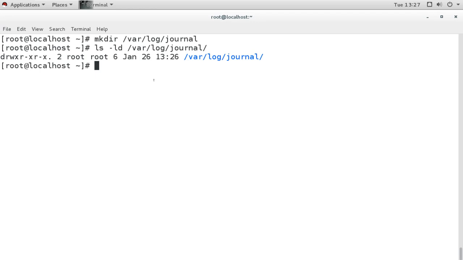For that I will use the chown command, which means I am changing the ownership. The owner user will be root, and the group owner I will make systemd-journal. So the systemd-journal group will be the group owner for this directory.